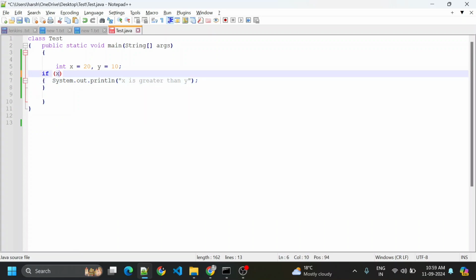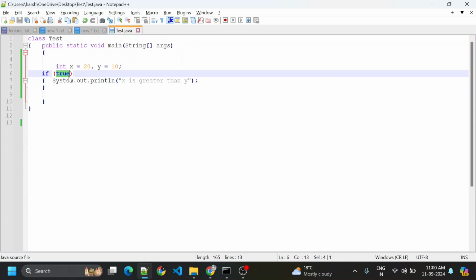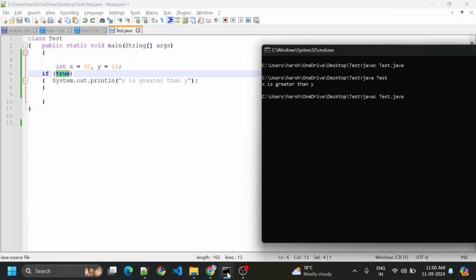What if I write true over here directly? Will it work? Yes. So make sure, guys, under the round brackets we should have only boolean. Whatever the output will be, it should come as boolean. If you're writing x is greater than y or x is less than y, it should always be boolean. If I execute this again, let me compile this and execute. See, again it prints x is greater than y. But if I write false over here,